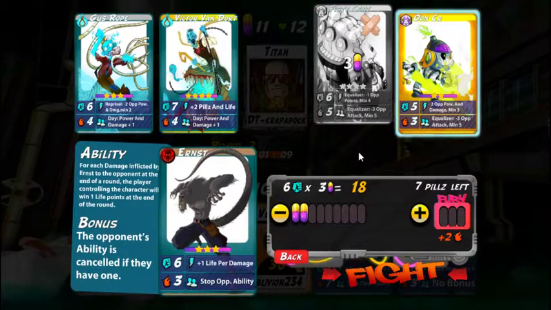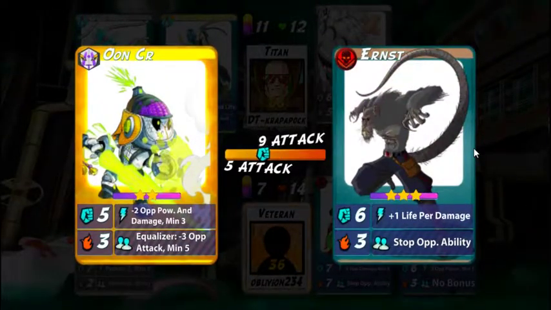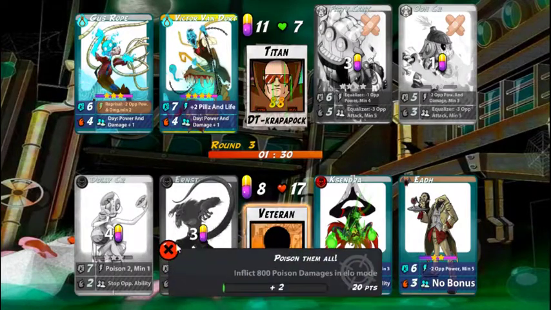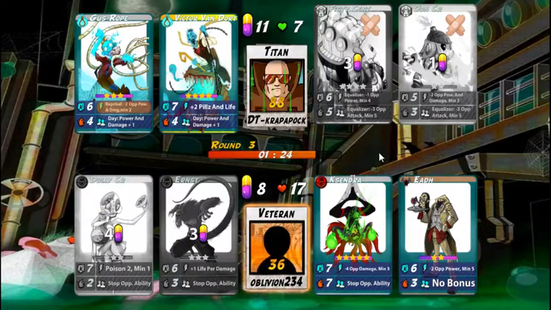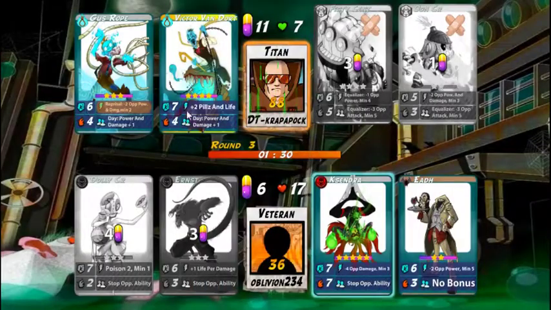3 times 3, 9. That would get through him, so we're just going to take a bit of a risk. If he puts... Yeah, cool. That's fine, because that makes a pretty big life swing in our favor. Because we can just go Cassandra here with 1, and he cannot afford to wait here,